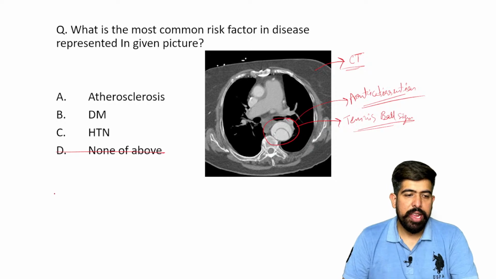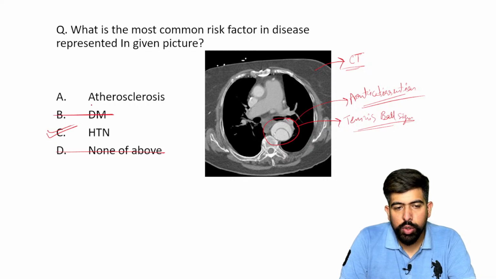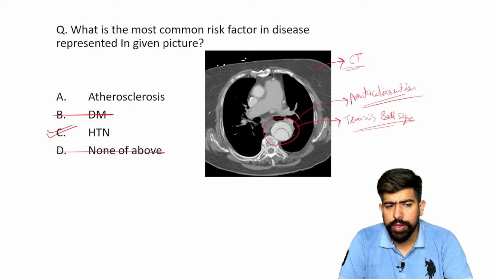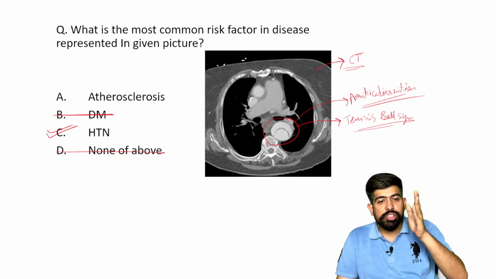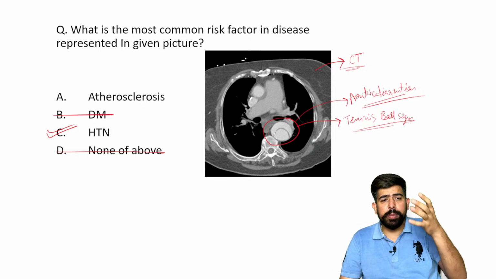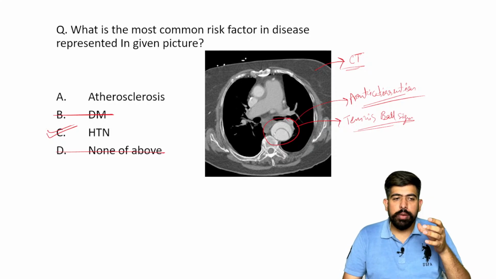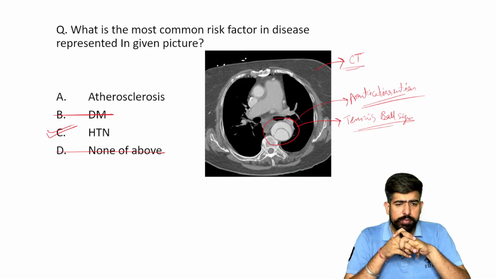Come to the part of it and please try to understand. The answer is hypertension. Yes, diabetes is not possible. Only two options, atherosclerosis and hypertension, can be the answer here, right? Related to the vessels. But guys, please try to understand this thing. In atherosclerosis, the arteries get harder, maybe there is sclerosis. There's accumulation of plaque there, right?